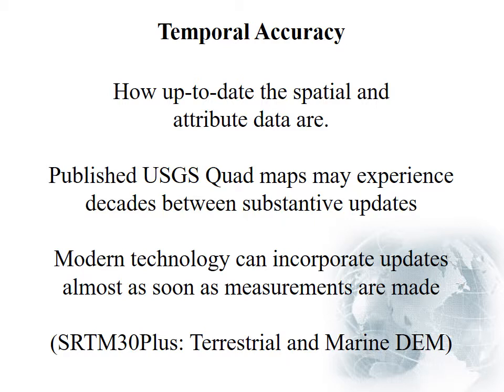And SRTM 30 Plus includes marine readings, so it's not just the land, it's also the bathymetry. Okay, on land it's elevation above mean sea level, and if we're considering oceans and bays, it's elevation below mean